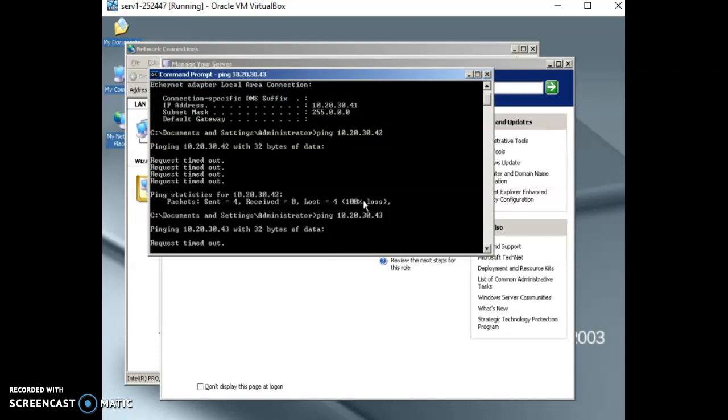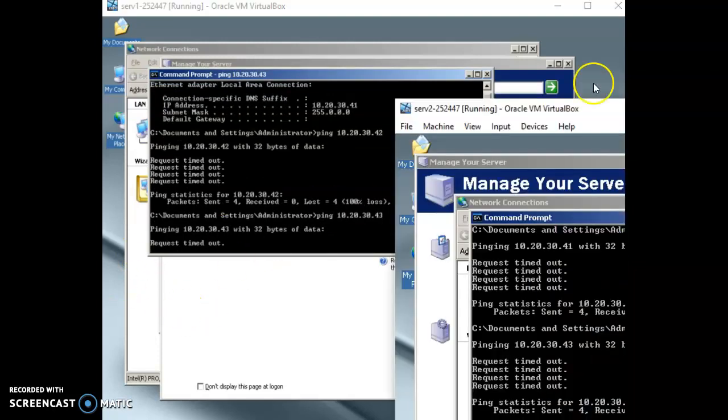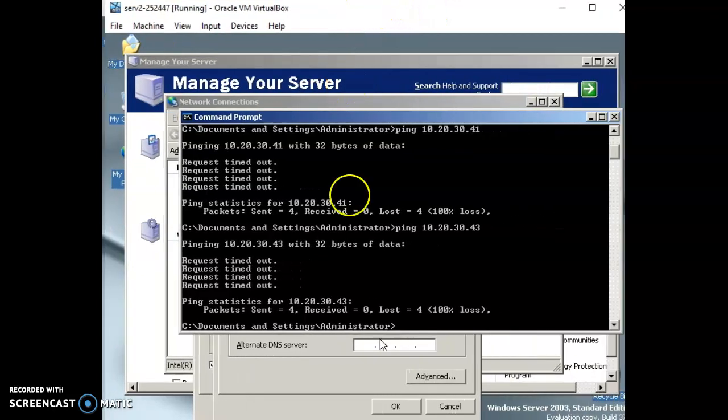Okay, and nothing. So all of the servers have the same settings, and I'm looking here at the